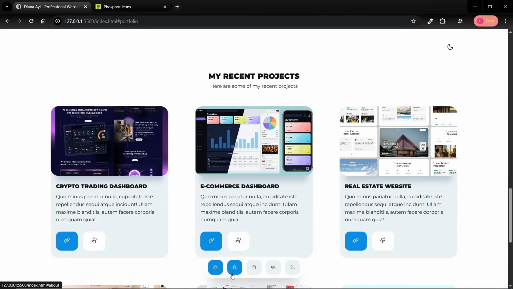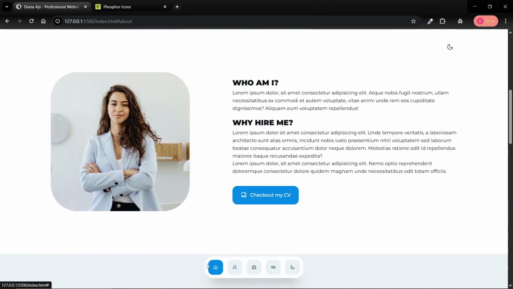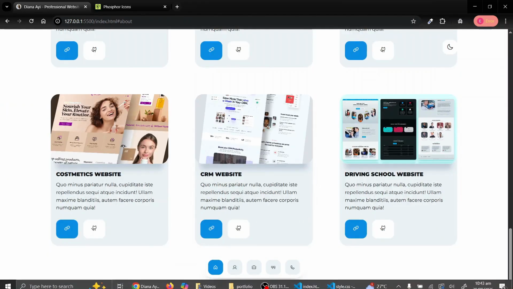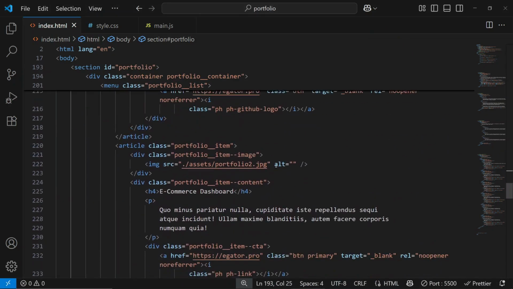And notice that once we click, the active link isn't changing style. I should have done this already once we styled the floating navigation, but I forgot. So what I'm going to do is ignore this, and then once I'm done styling everything, I'll go on to actually make the active link work, to put the style on the active link. All right, so we are done with the portfolio section, and so let's move on to the next section,